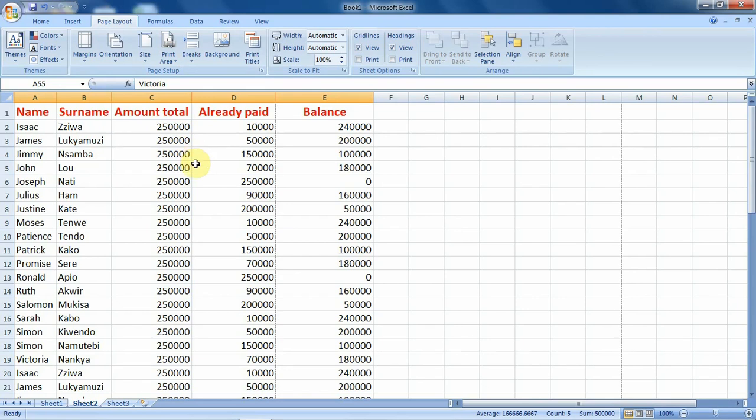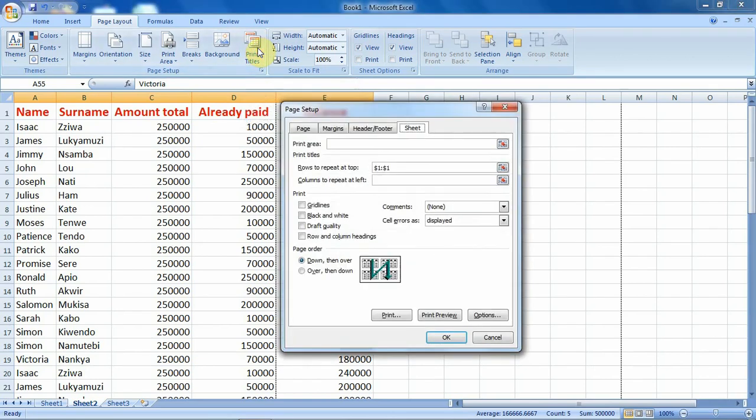If you would like to work with columns, then it is the same procedure. You just go to Print Titles, you click on it, then when it appears, you click in the field for columns to repeat at left. That is if it is necessary. But if it is not necessary and you want only the rows to be repeated on top, then you work with the rows.